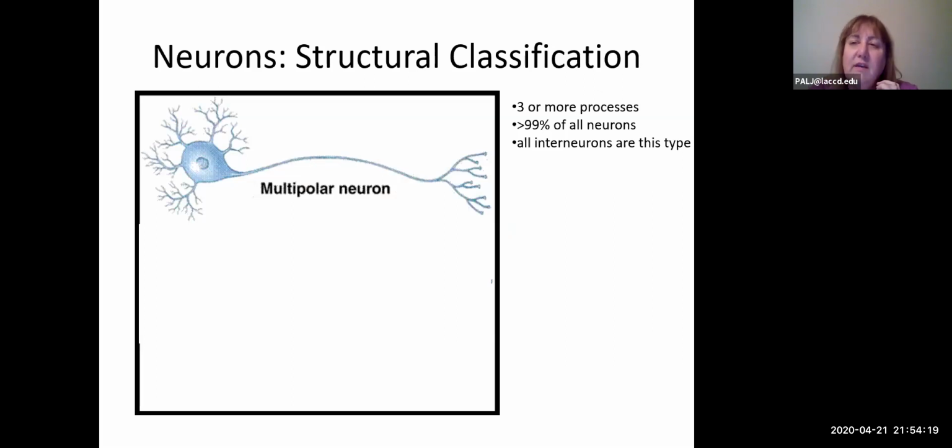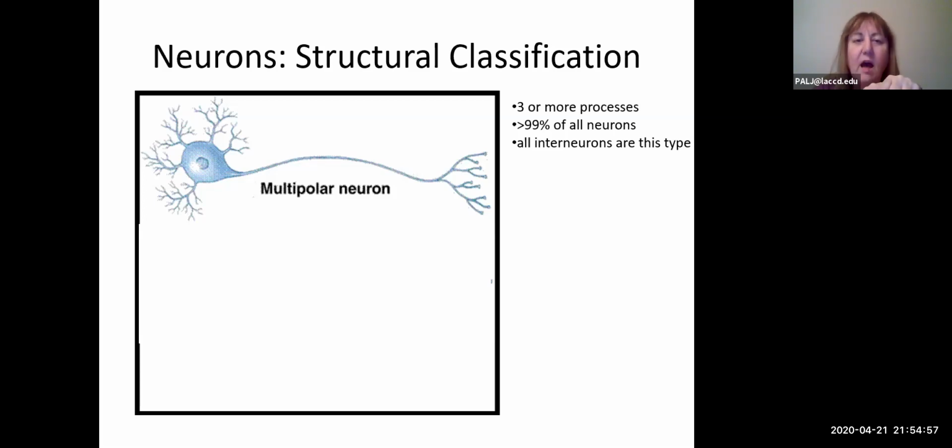Structurally, we will look at how many processes there are. So every neuron is going to have exactly one axon. So what we're going to look at is how many dendrites are there. And more than 99% of neurons are the neurons that look like the pictures I've been showing you. Why do we show you those pictures? Because that's more than 99% of them. And this is a neuron that has more than 2 dendrites. So it has 3 or more processes. Okay. So this multipolar